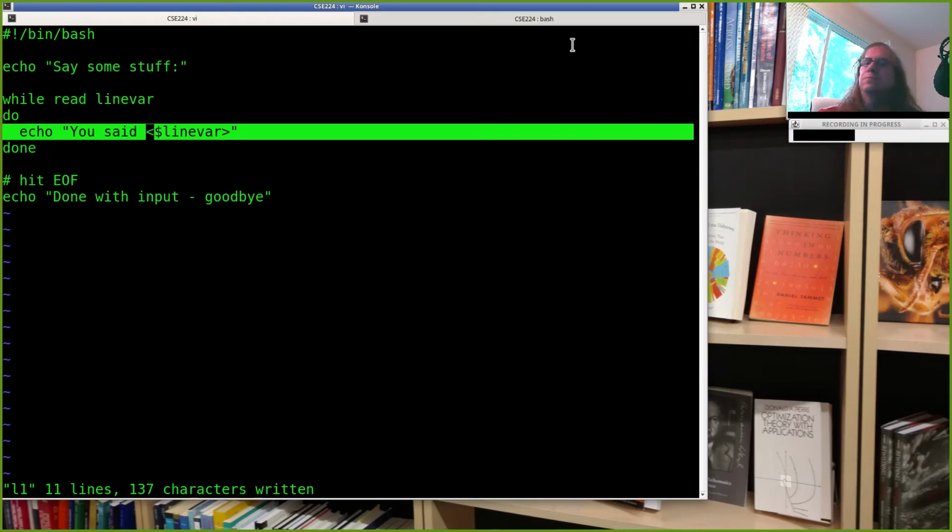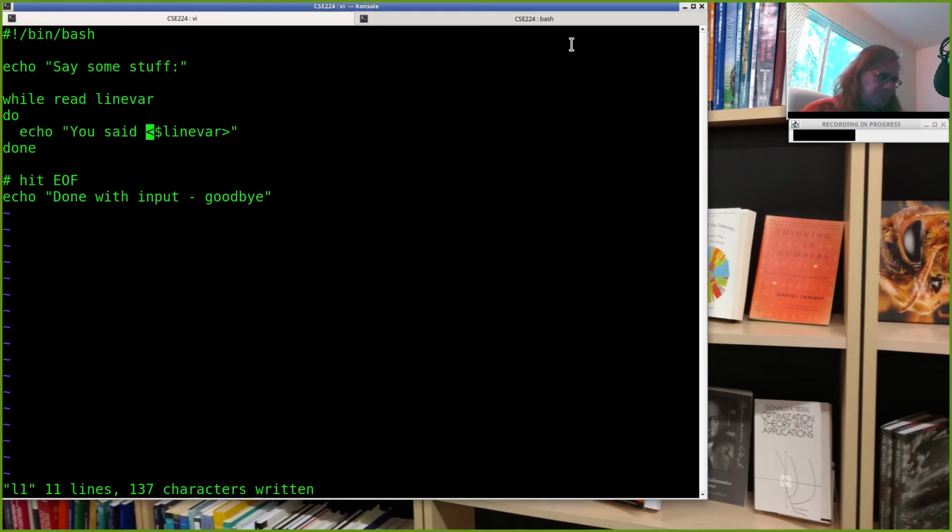So the if statement you were talking about yesterday, if $? is not equal to 0, you don't need to do that with the while loop? You don't need to do that with the while loop. You can do that. What we did yesterday was something like while 1 equals 1, do